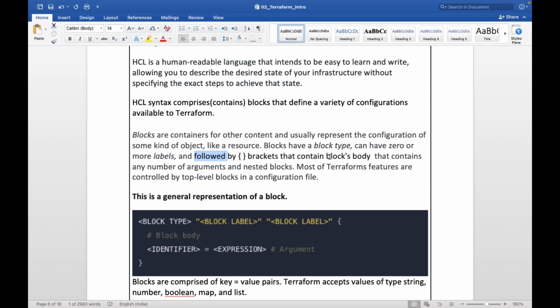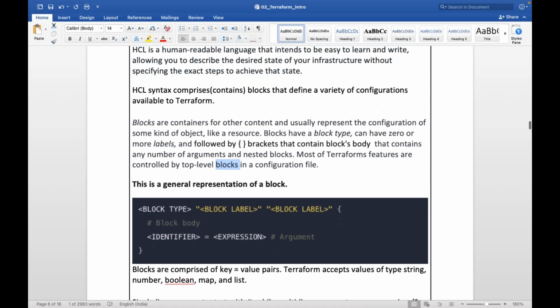Within that bracket you are going to define the body for that block. That block body contains any number of arguments and nested blocks. Within the block you can define again some sub-blocks. Most Terraform features are controlled by top level blocks in the configuration file.